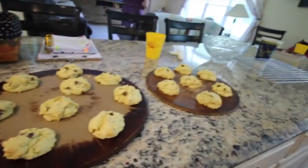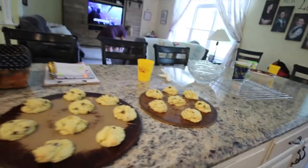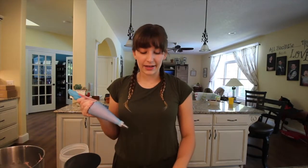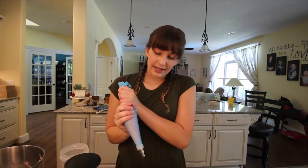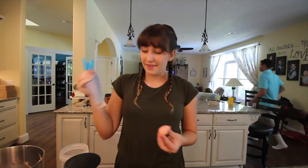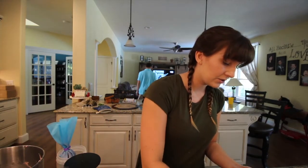My cookie's finished. They look more like scones, as Mom said, but you know, I bet they'll taste good. Okay, so what I'm gonna do with what I have is I've got these itty bitty little cookies, but they're so cute. So I've already piped the frosting into a bag. I think it turned out fine. And I am going to do it around the edge. And then, because I strained the raspberries,